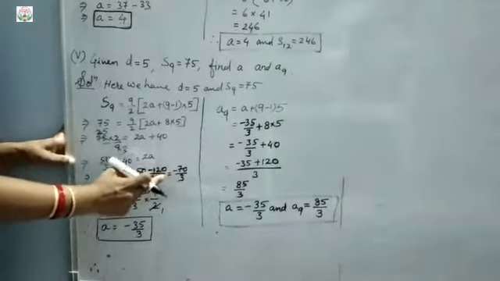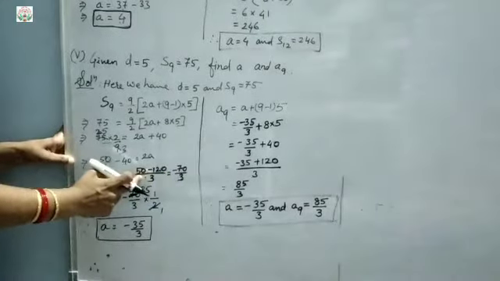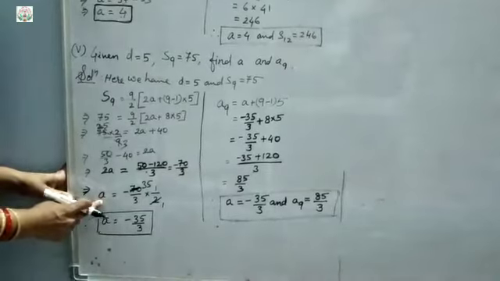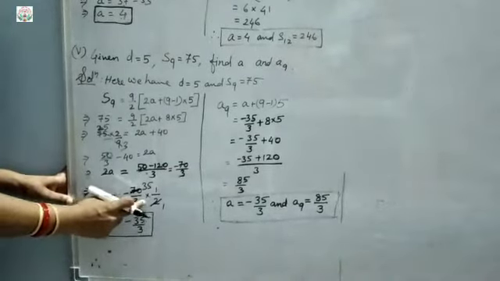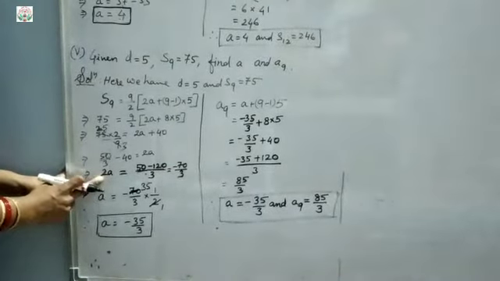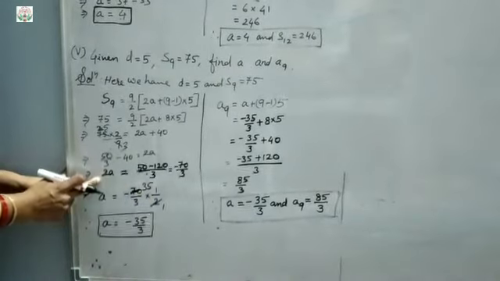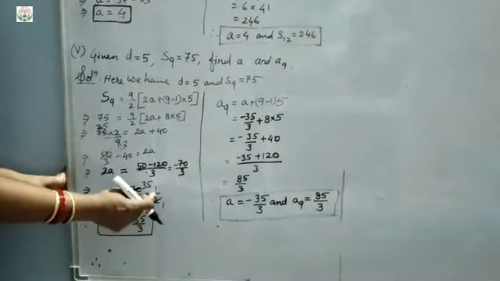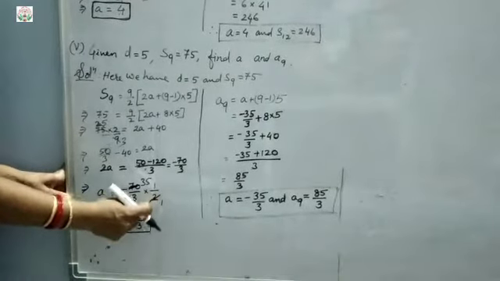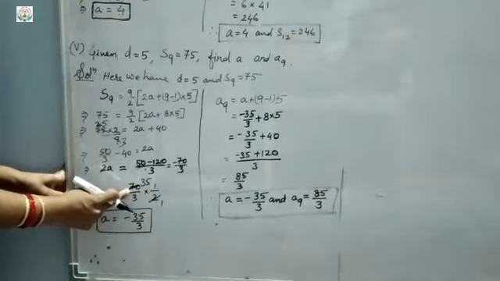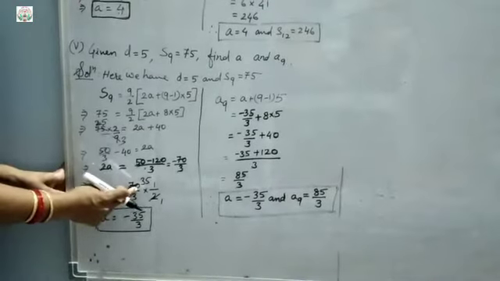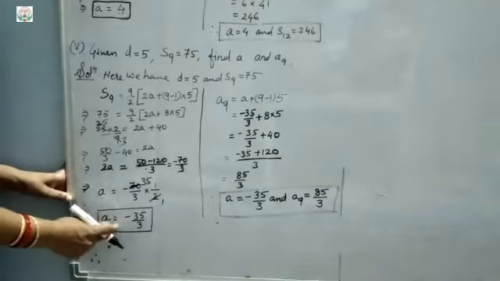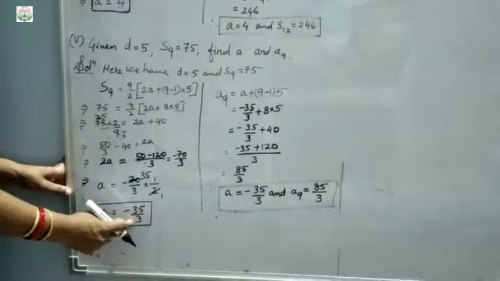On subtracting these two, what you will get? Minus 70 upon 3. So a equals minus 70 upon 3 into this 2 will be divided there. Here it is multiplied; on the other side, when it goes, it becomes division. So 1 upon 2. On cancelling, 2 1s are 2, 2 3s are 6 and 2 5s are 10. So 35. So a value will be equal to minus 35 upon 3.